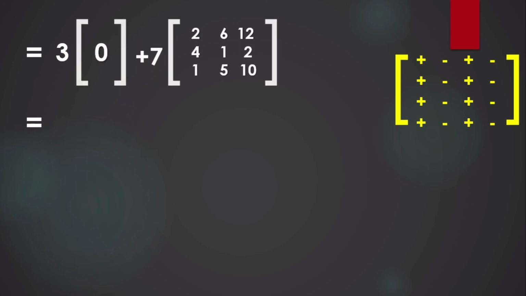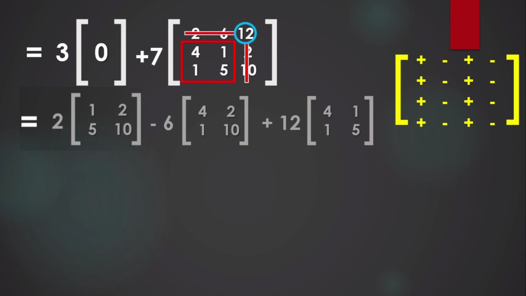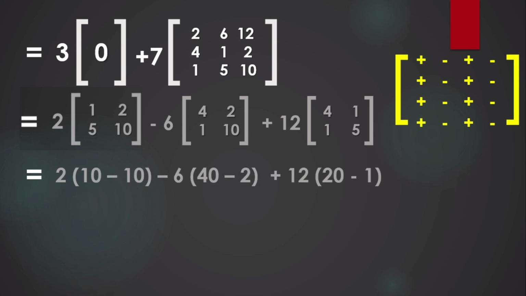So let's focus on another coefficient, the 7. Same process like what we did earlier on other matrices. So we remove row 1 and column 1, and the remaining will be 1, 5, 2, 10. Same process. Let's solve the determinant of the 2 by 2 matrix, and that will be the result. And when we solve that, it is equal to 0. So it means 7 needed to be multiplied by 0.